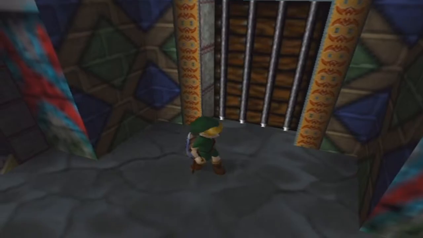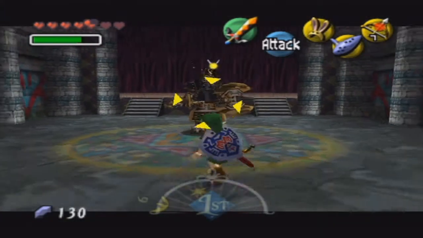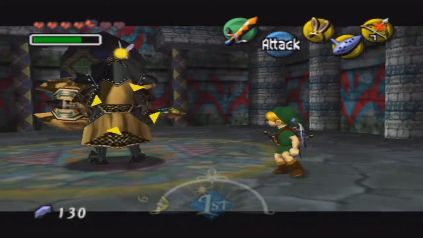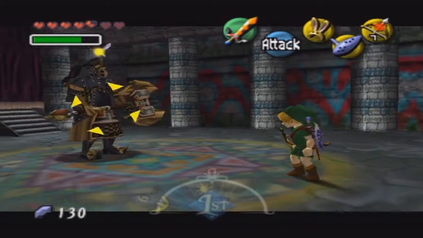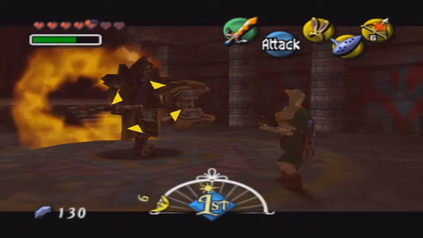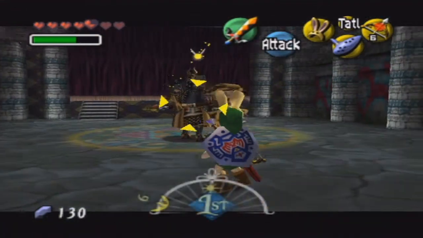And now we have a way into this room. I shall warn you, this is a tough enemy. If you look at it, it doesn't move. You can hear the music. I'm going to start with that. I don't want to get hit, but for the sake of showing, okay, I'm not going to get hit, but...